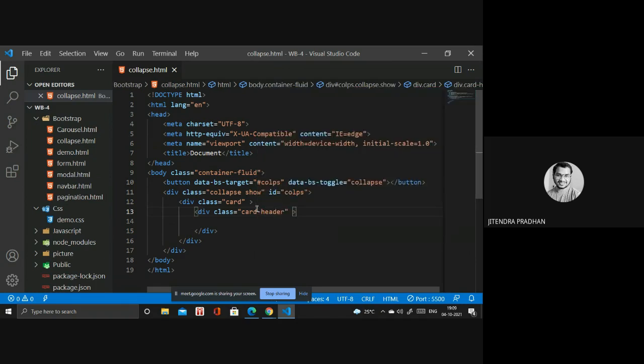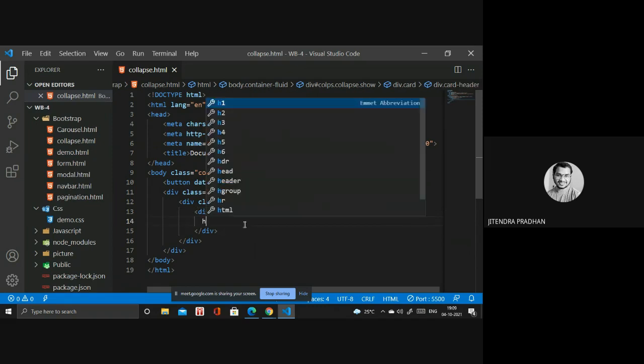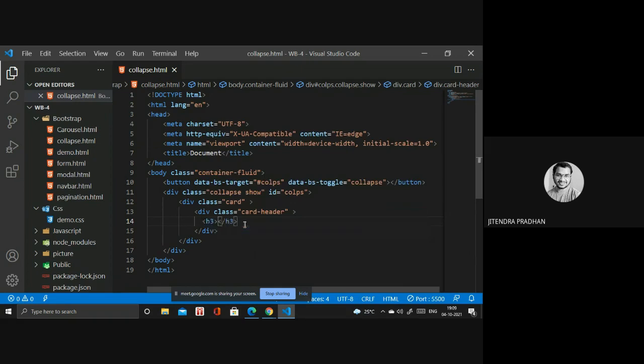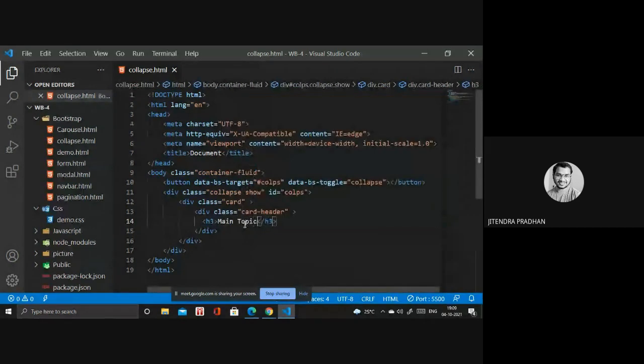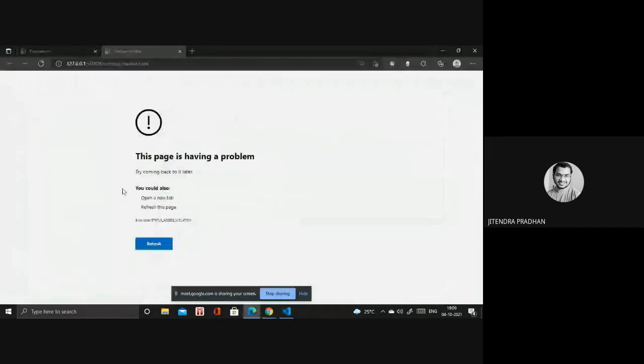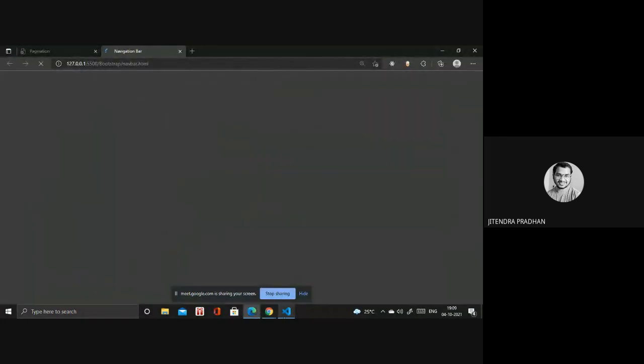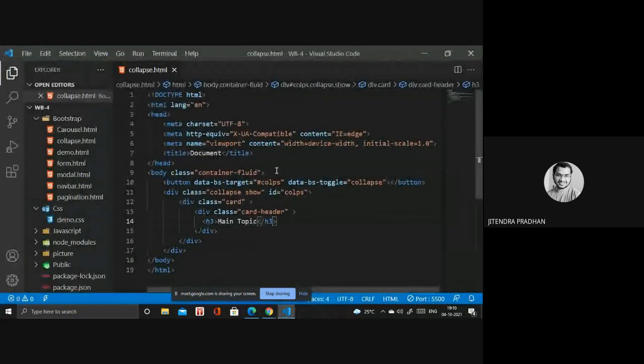Card header we have done, and inside it, s3 is like a main topic. We have to open that one, right?